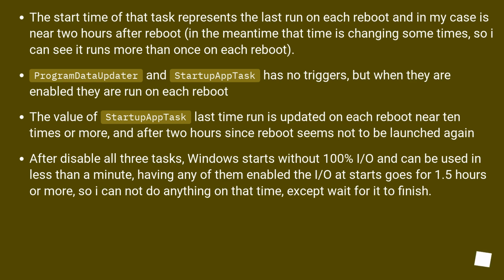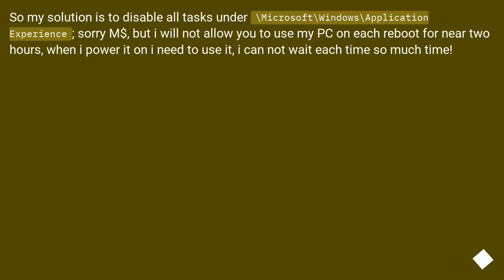After disabling all three tasks, Windows starts without 100% I/O and can be used in less than a minute. Having any of them enabled, the I/O it starts goes for 1.5 hours or more, so I cannot do anything in that time except wait for it to finish. So my solution is to disable all tasks under the